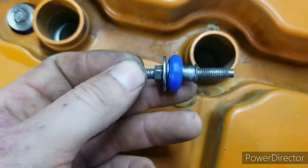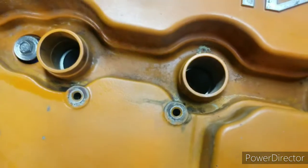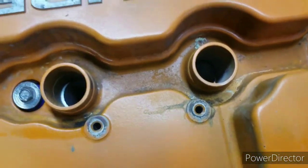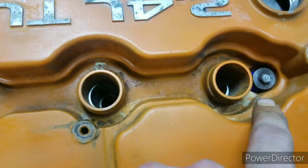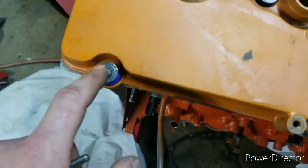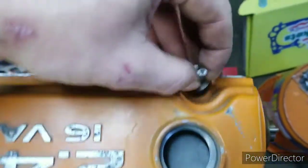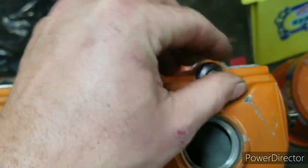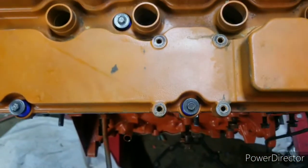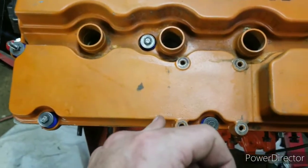One bolt was really boogered up, so I just used another one. I'm not 100% sure where all the bolts really went, and I really don't care. I know in the corners there was 2. I know in the center here, these ones were the flatheads. I know this was not a stud. I'm pretty sure this one was too. But to me, it really don't matter because in the end, worst comes to worst, I can just take them back out. But I'm not too worried about it. I'm going to go ahead and get these tightened down, get the torque spec, that way you guys know,